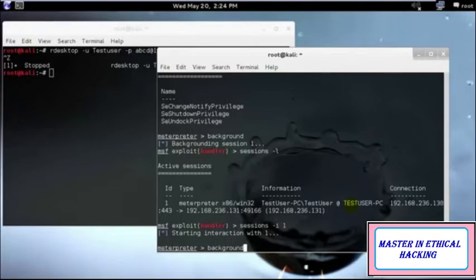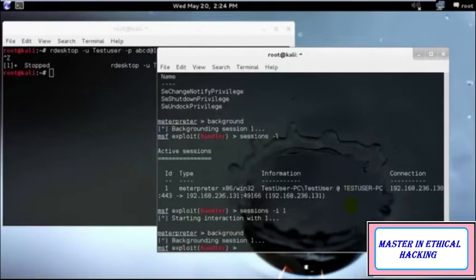You will have to start everything from the zero. That means from the background again, the one which I would be teaching you right now. So just make sure that you do all of these things as quickly as you can. So I'll just do background, session 1 is still running. Now I'll type